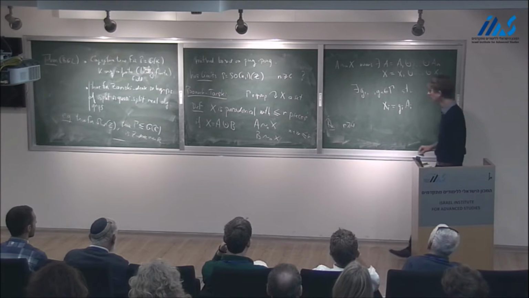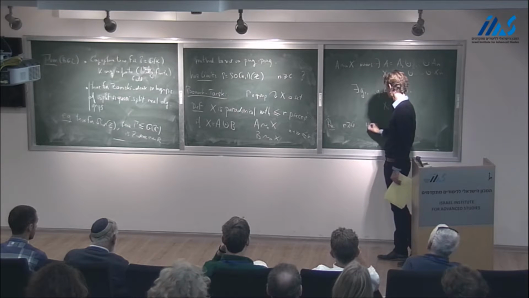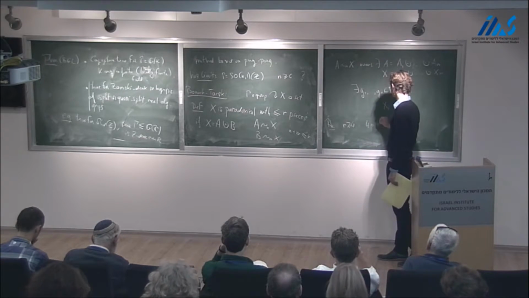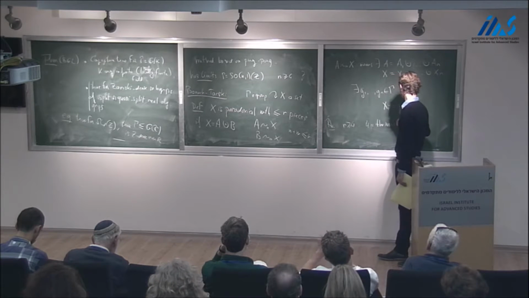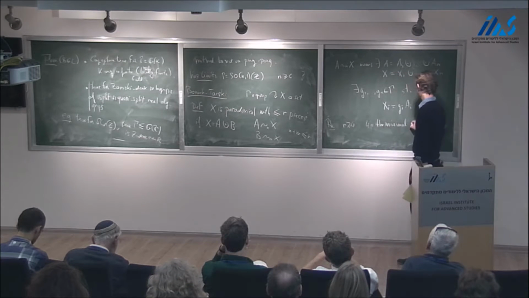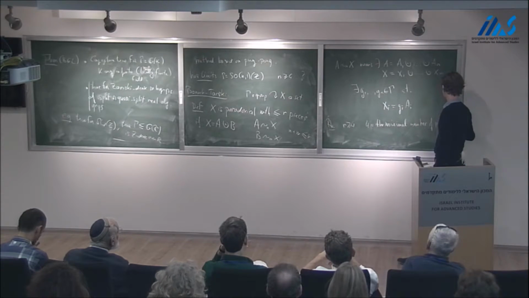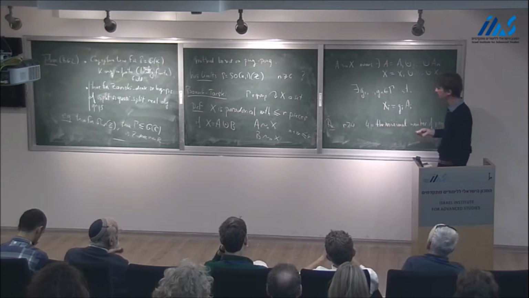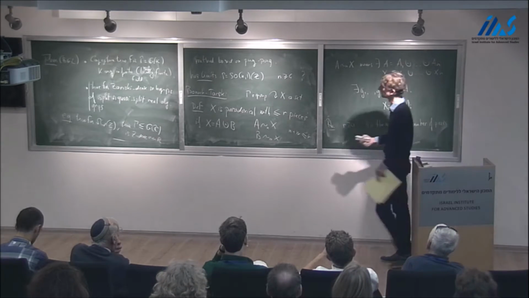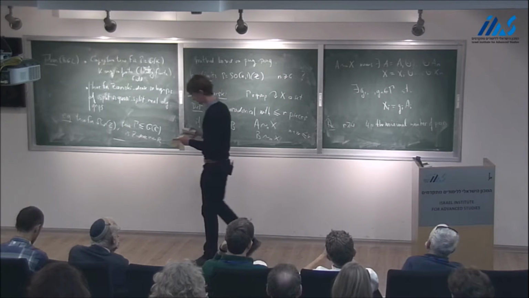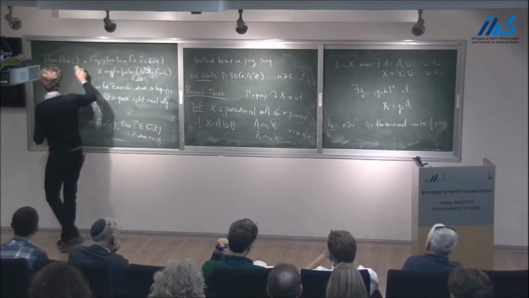So 4 is the minimal number of pieces. So it makes sense to ask when is a set paradoxical, and what is the minimal number of pieces with which you can make it paradoxical. And so, for example,